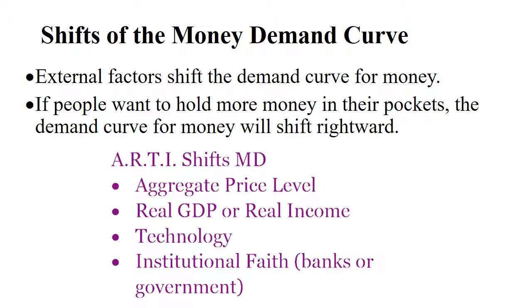If you have faith in banks, you trust banks, so you feel like your money is safe, and your desire to take all of your money out of the bank would decrease. Same with the government. We care about our government stability in terms of we have a fiat currency. It's only meaningful because the government says it is. Our government also has FDIC that backs up our banks. So believing that our government is stable makes us feel more comfortable leaving money in the bank. But if we start to doubt the government and our faith decreases, our money demand would go up.